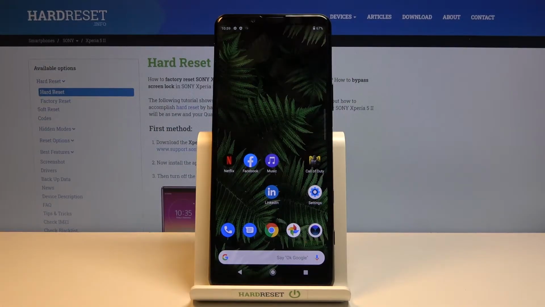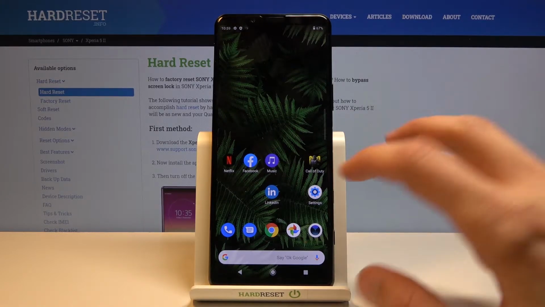Welcome, this is the SONY Xperia 5 Mark II, and today I'll show you how to capture a screenshot on this device. So to get started, you want to open up the content that you wish to capture, which for me